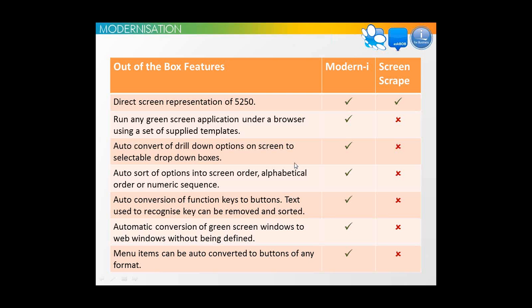And Modern.i has many advantages. In the table, we compare features of Modern.i against recognized industry standard screen scraping programs. Let's pick out some highlights. One of the powerful features that IBM i professionals enjoy is the intelligence of the solution, the sheer power to automatically convert and create buttons, drill downs, graphs and graphics, makes the modernization process as quick as a